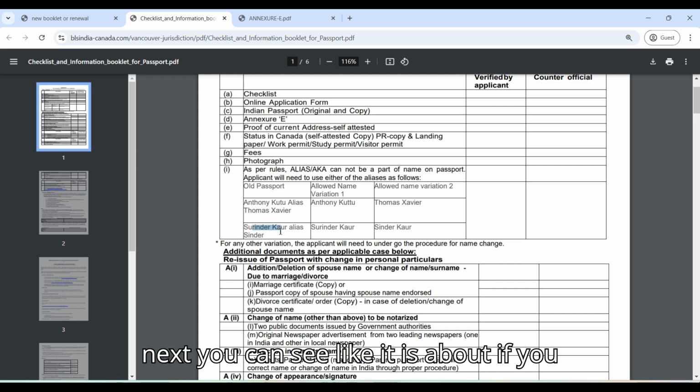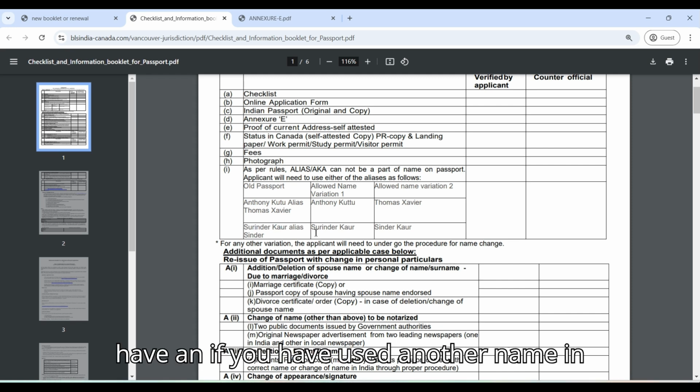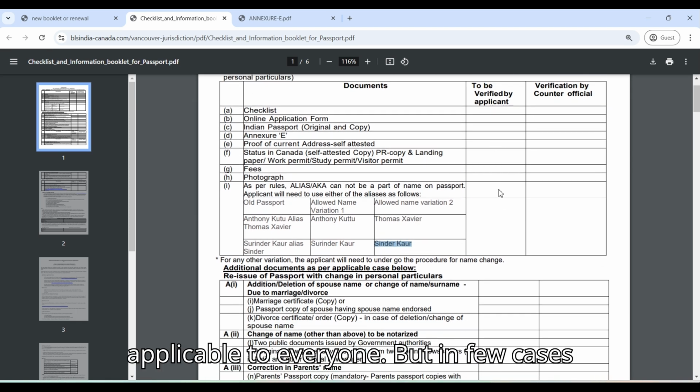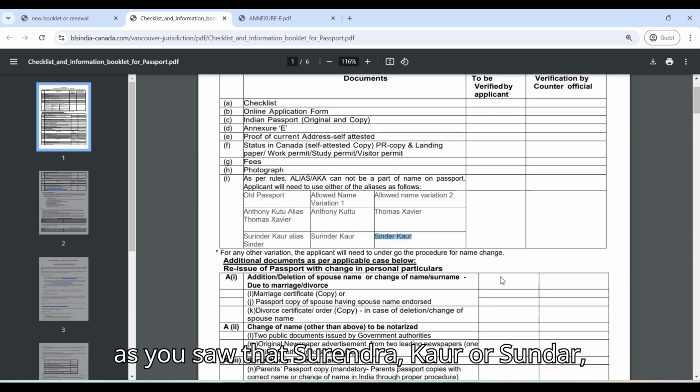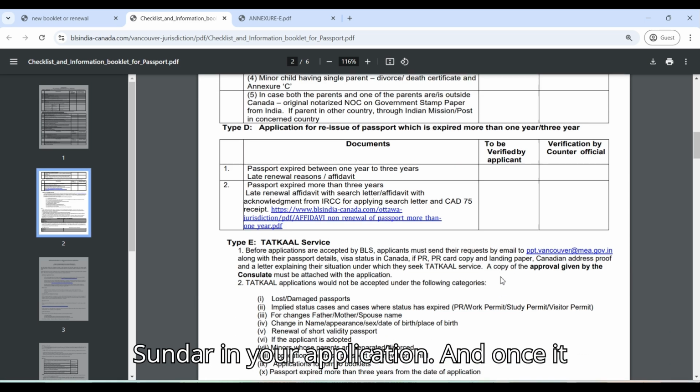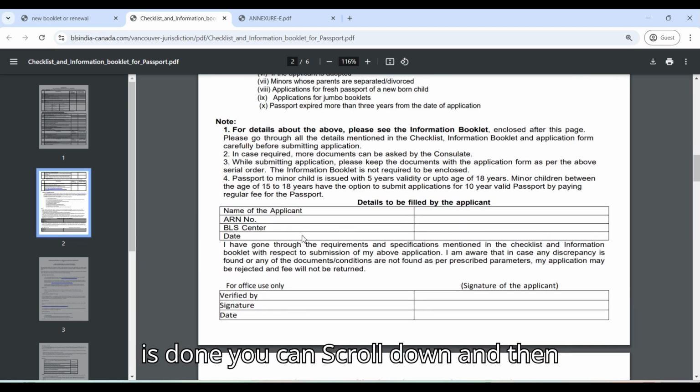Next you can see it is about if you have used another name in your passport application. It is not applicable to everyone, but in a few cases, as you saw with Surinder Kaur or Sundar, you can either write Surinder Kaur or Sundar in your application. And once it is done, you can scroll down, and then where it says details to be filled by applicant,